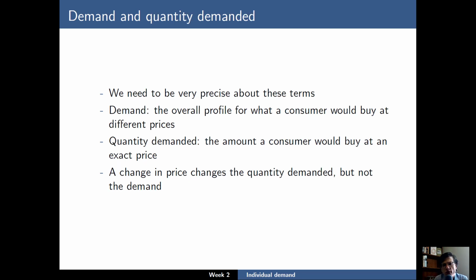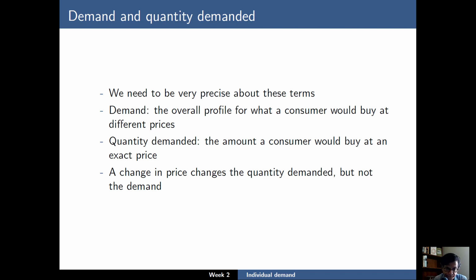Now, I just defined a term called the consumer's demand. And I want to be very careful about two different terms that sound like they mean the same thing. A consumer's demand is what they want to buy for the whole range of prices. But if we have a specific price in mind, that's the consumer's quantity demanded, the amount the consumer would buy at an exact price. So a change in the price of a good changes the quantity demanded by that consumer, but does not change the demand of that consumer because the entire demand profile is over all the possible prices